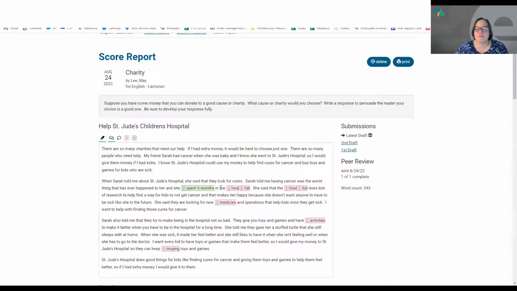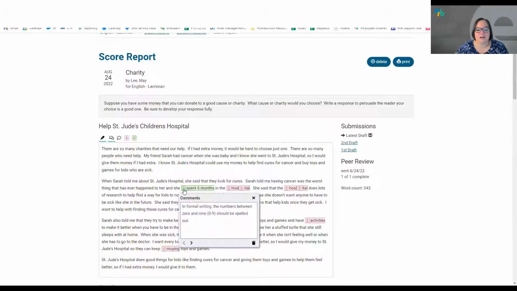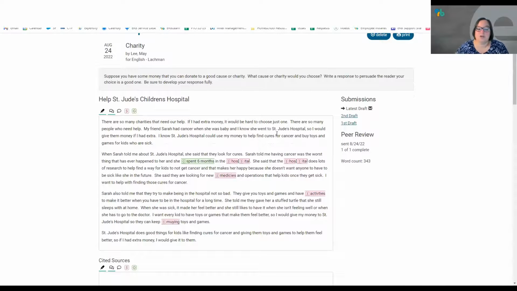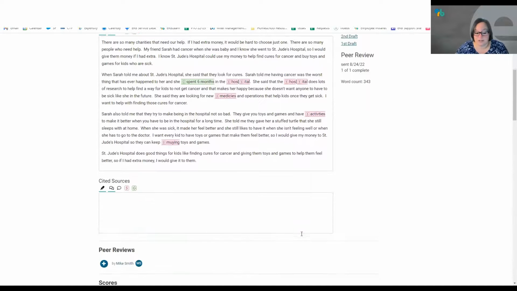This is the type of feedback a student would also see in their view. We just didn't have enough writing for the feedback to pop up. There weren't any spelling or noticeable grammar mistakes in what I wrote earlier, but if you click on this, it will actually suggest to you exactly why there's a little note here. In this case, it would be "6 should be spelled out." And then you can see some spelling mistakes and things like that are highlighted as well. So the system will automatically annotate for the student and you're able to see that.